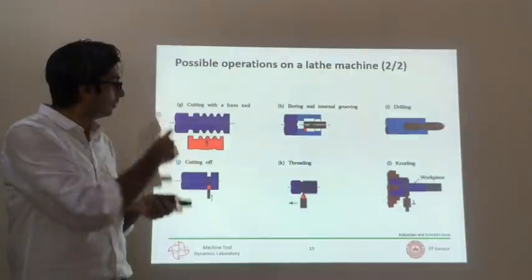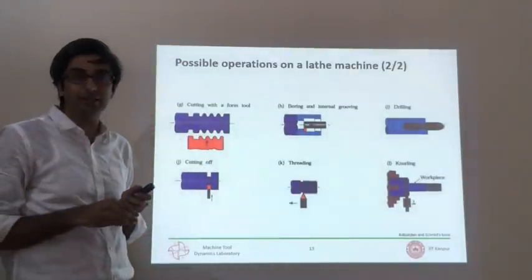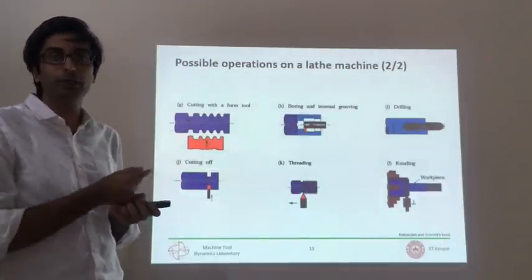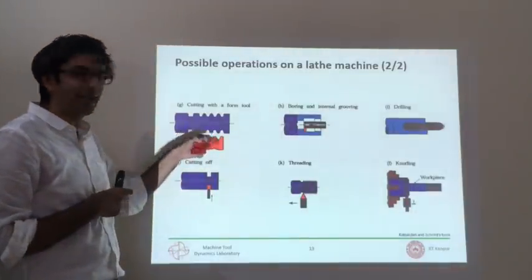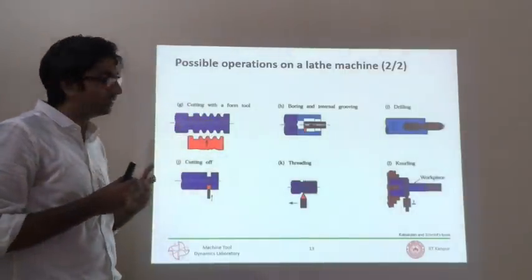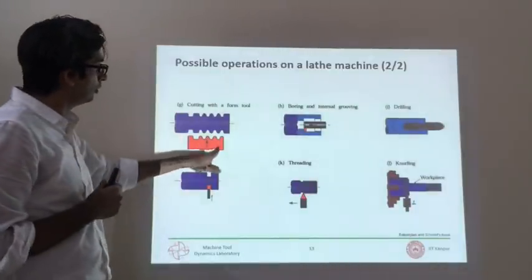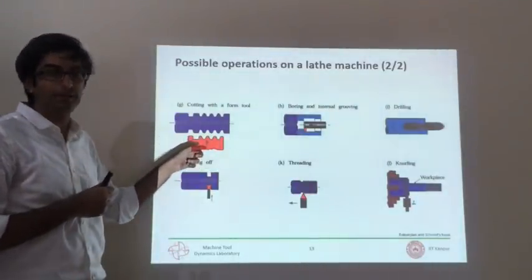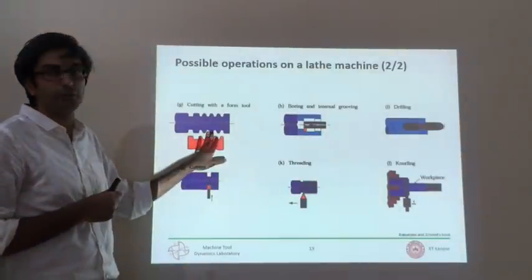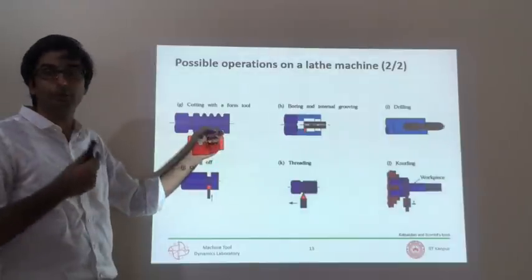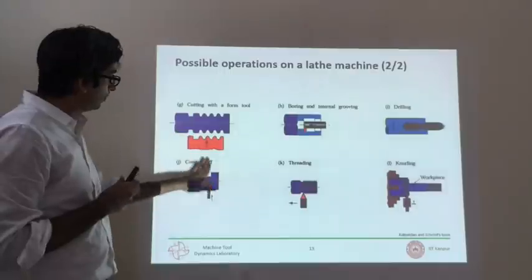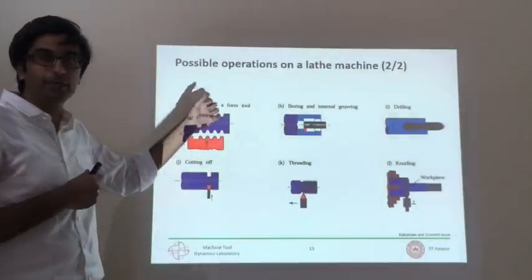Because for the case of that one spherical profile I showed you earlier, it requires simultaneous manipulation of the tool in the plane. You have to do that again and again for every workpiece you want to create. So the other way out of that is you create a tool which has the same negative profile, and then you take that tool and you plunge it into the workpiece and you get the same positive profile that you would like. So this is classic male-female geometry. You plunge and you get whatever negative profile you have.